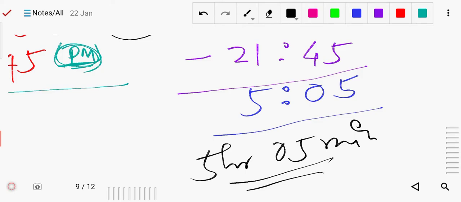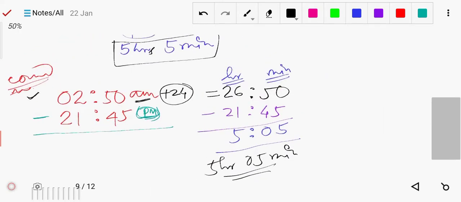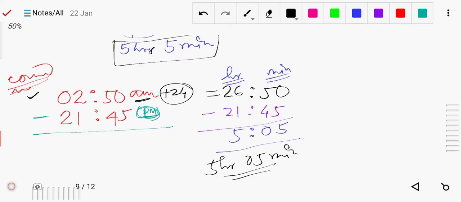So that's your answer. In this way also you can do. It is very easy actually, in one step you can get the answer. Simply we have added and got the answer. You can check that same answer we got or not. Okay, so you can solve by this method also, no problem. Got it?